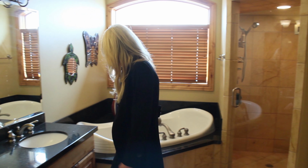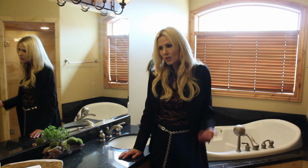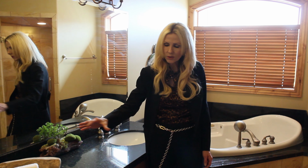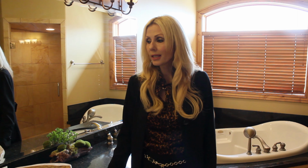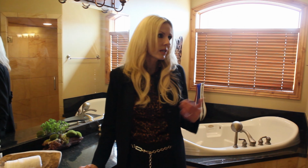Beautiful, beautiful granite on the tub surround and the sinks. And then we just accented with some very neutral color pops here and a dramatic wood bowl here, just to give it some character and interest without being cluttered or complicated. Very clean design that allows the potential buyer to come in and look at this space free of the homeowner's